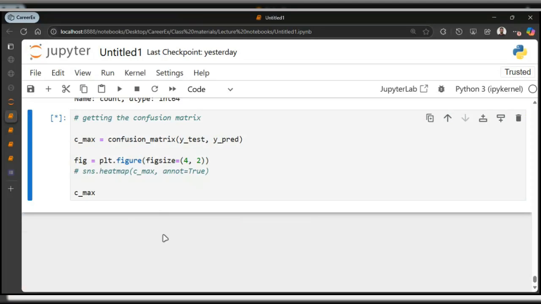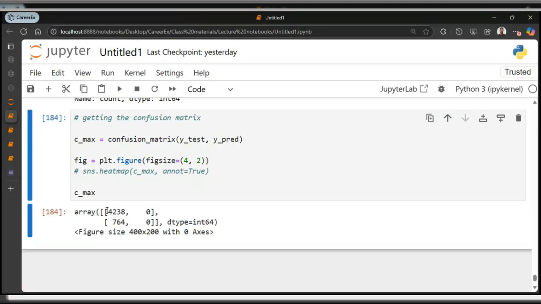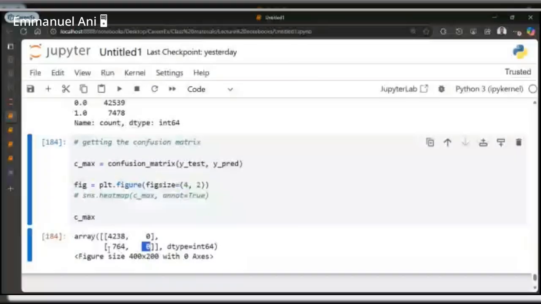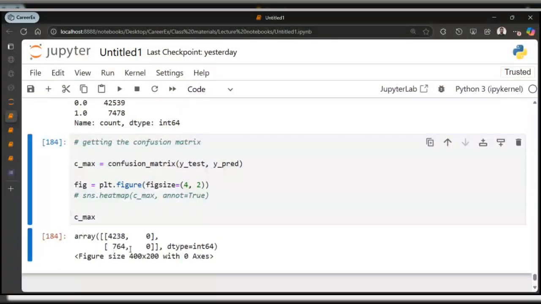You can see here that we have 4238 here, and then we have 0, 0. Diagonally from left to right are the true positive and true negative, and from bottom to up diagonally are the false negative and false positive.